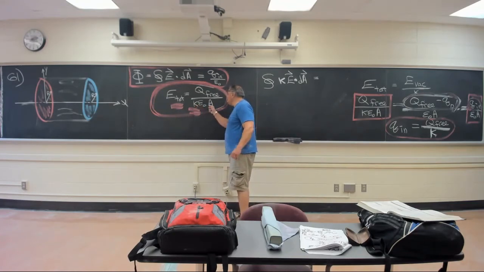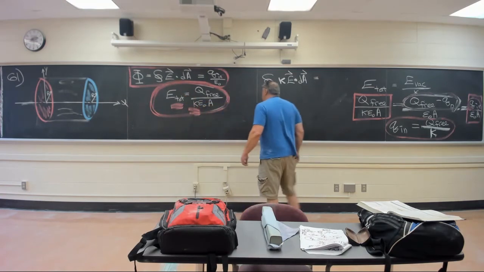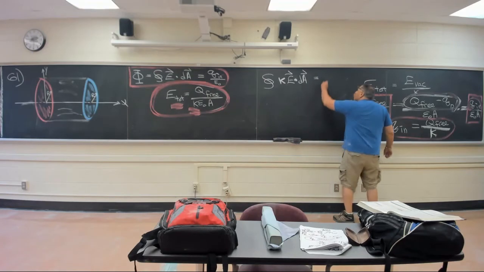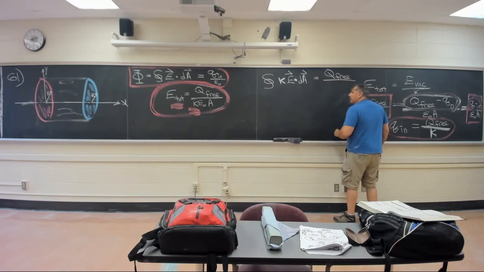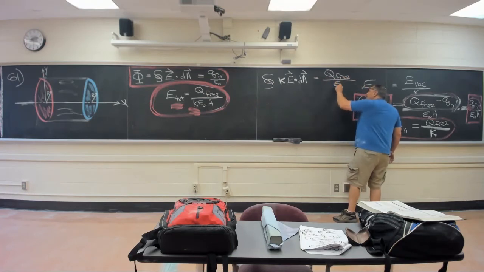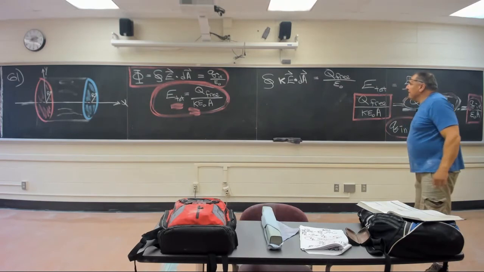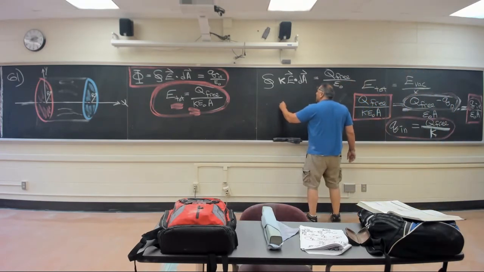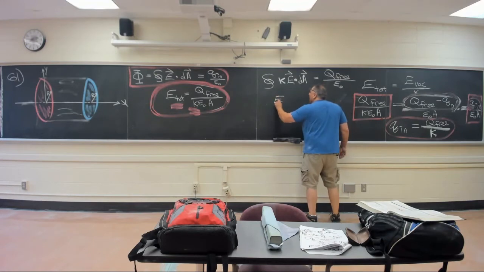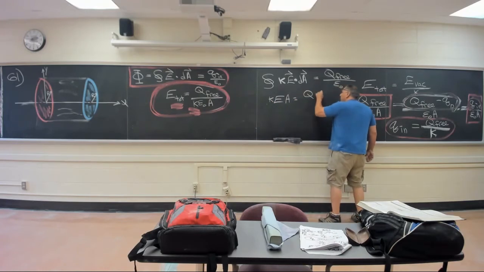There's a kappa here. If you multiply by A on each side, you get the EA over here, kappa epsilon naught. Leave the Q free. This would be the case if it was a vacuum. Is that true? Sure looks like it. At the end, we're talking about E times A times kappa equals Q free